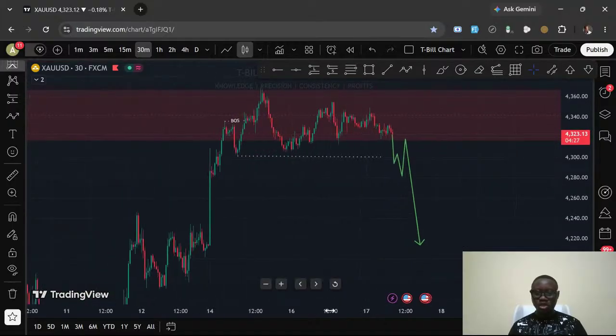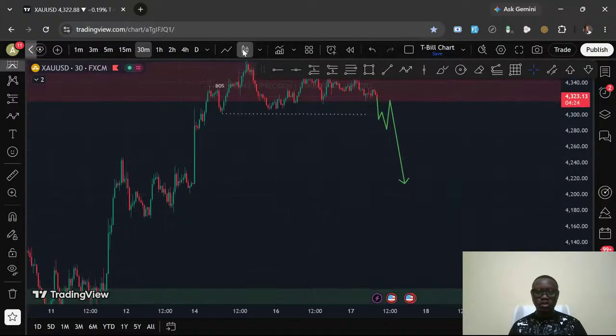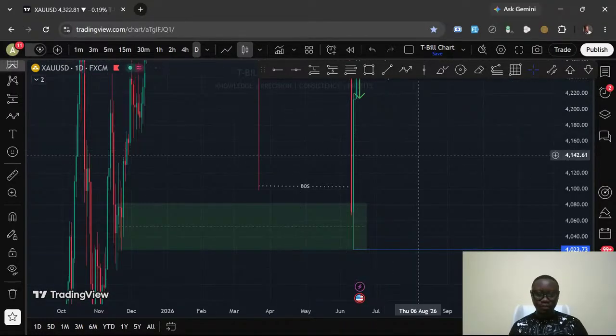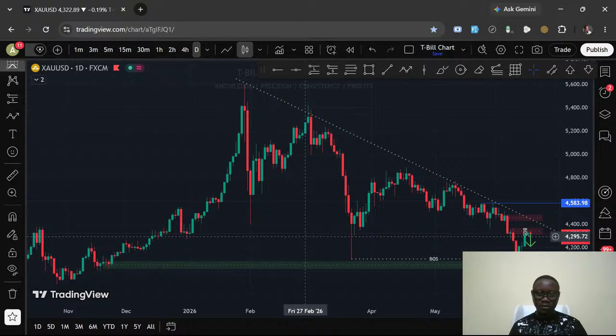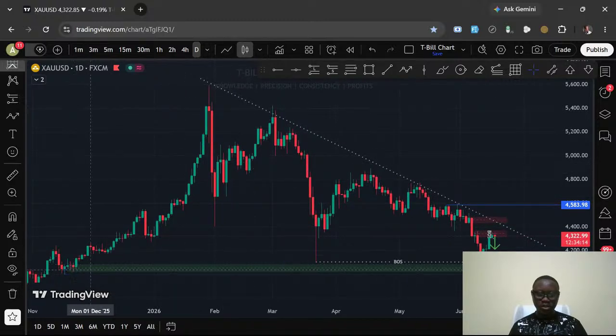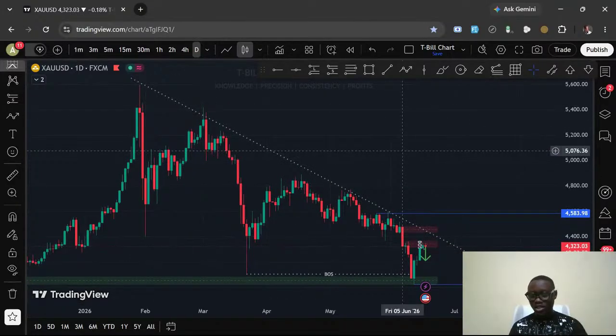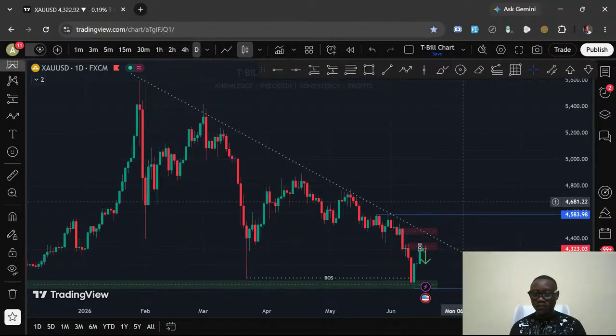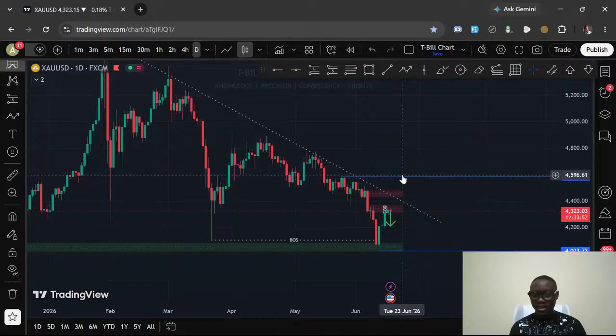Now, because gold is kind of showing a bullish potential, if you go back to the daily time frame, you can see this is where price originated from. Liquidity was delivered down to this BOS, the last BOS that we had, and price tapped into this bullish order block zone. And the next destination of price will be the next available external liquidity, which is most likely to be this,